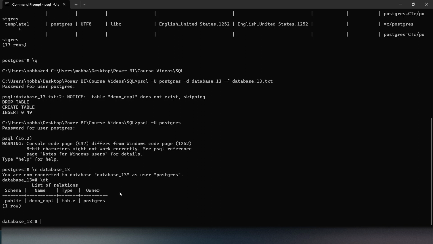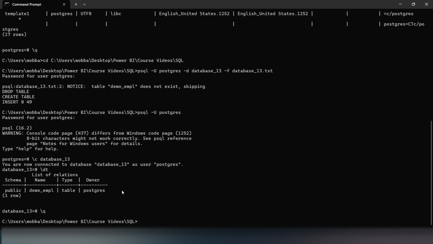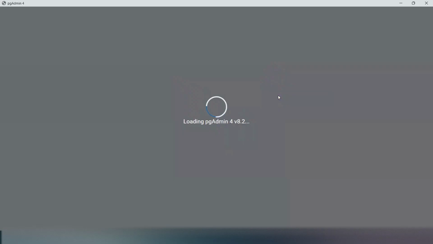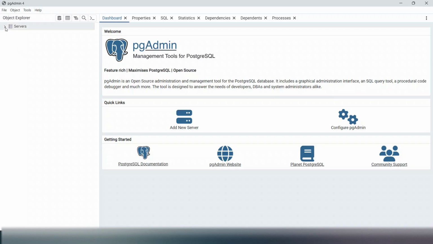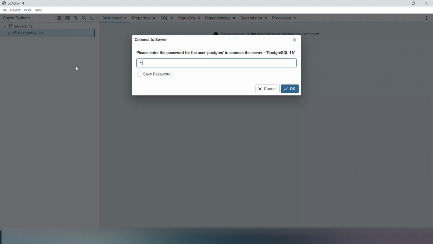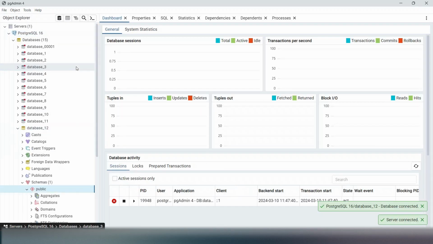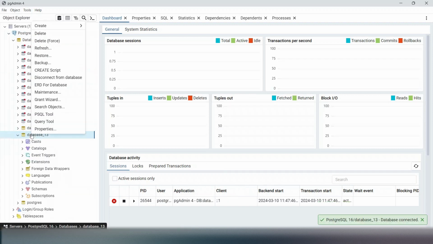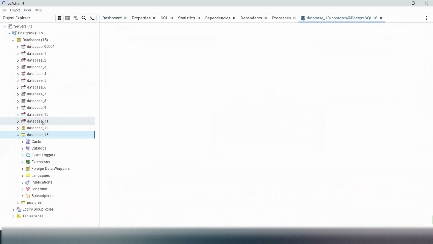So if you quit from there, you're fine, but now we are going to go to our Postgres pgAdmin 4, and then once we are there, we have to log in using our password, if you could remember from our previous lectures. So now it's opening up, and then if you click on server, then it will ask for your password. Provide the password that you have given. Now we are interested in database 13 that we just created. So if you right click on there and say query tool,